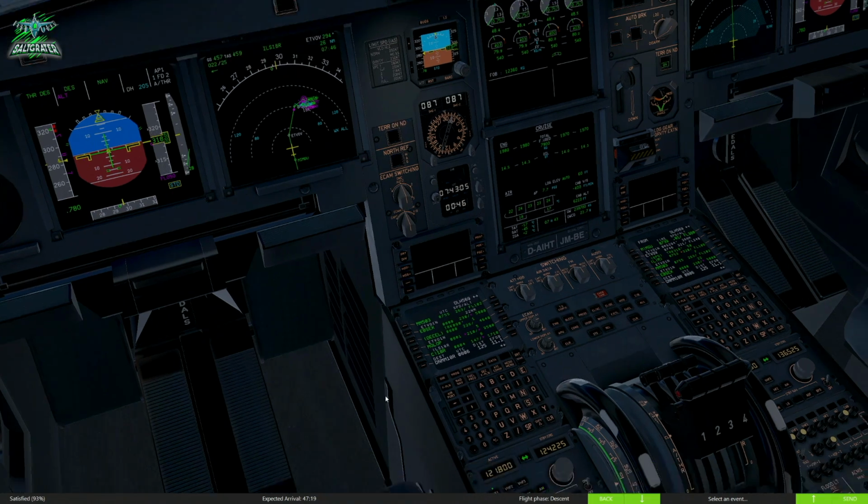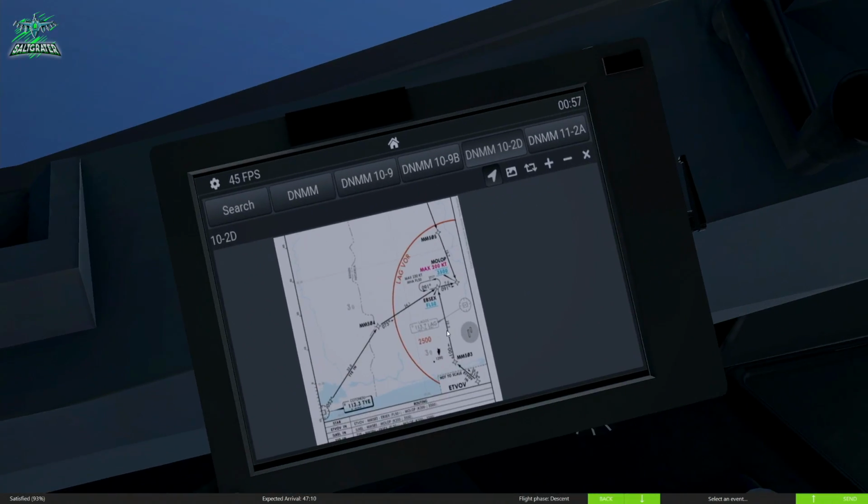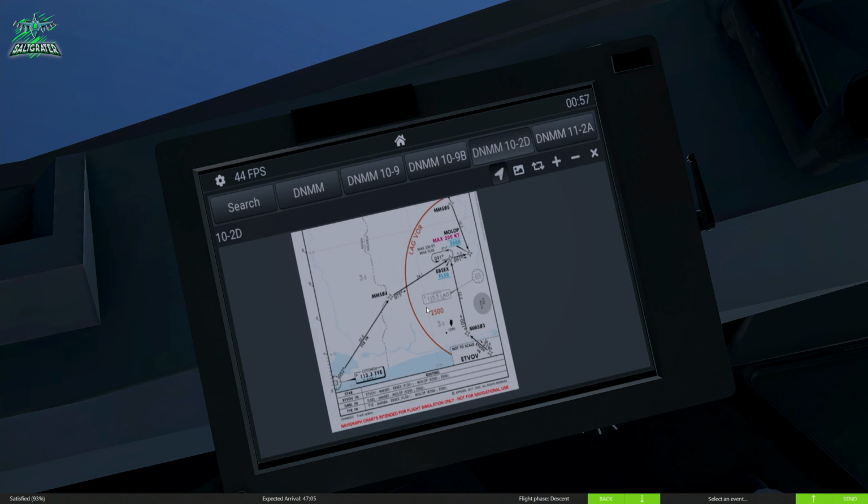Malabo, 210. Interesting. So it has it in, but it's predicting to be at 210, so we must make sure we're at 200. Right, that's it for our arrival. Then